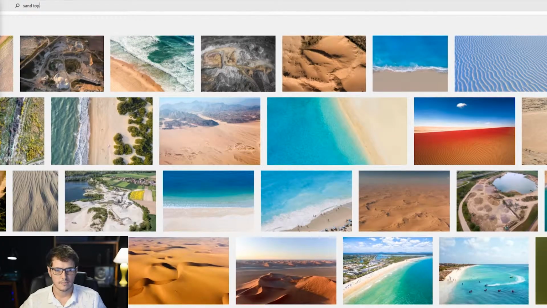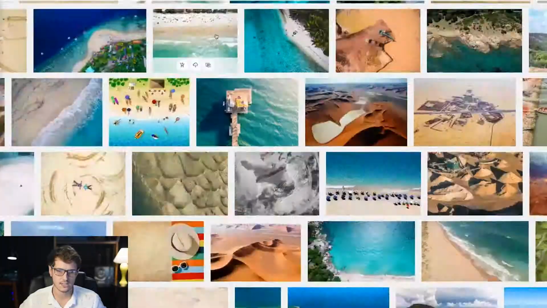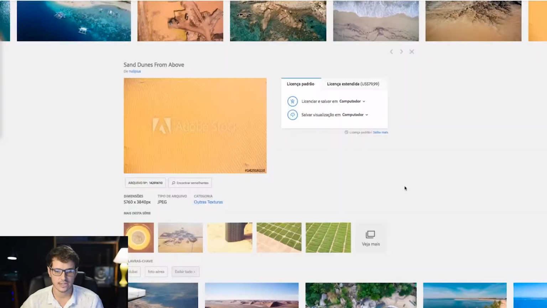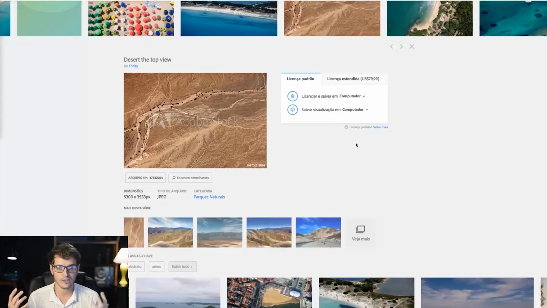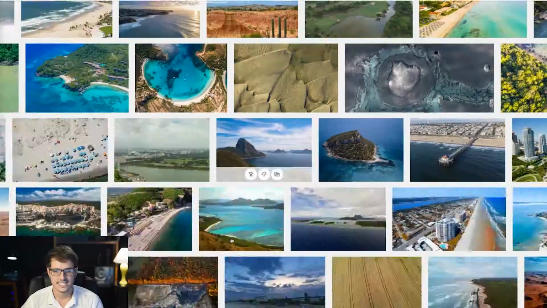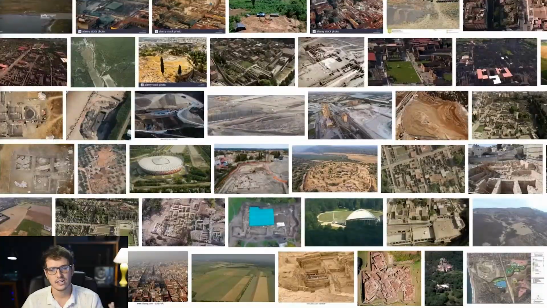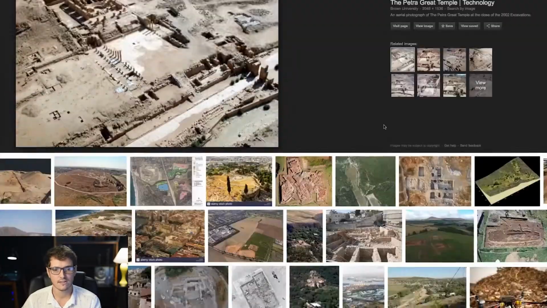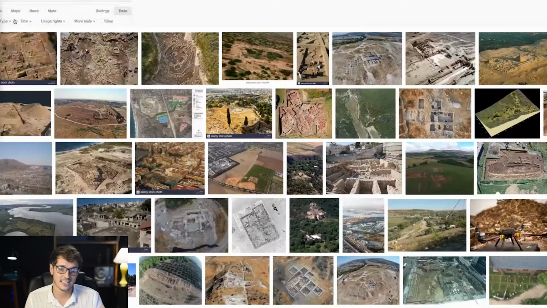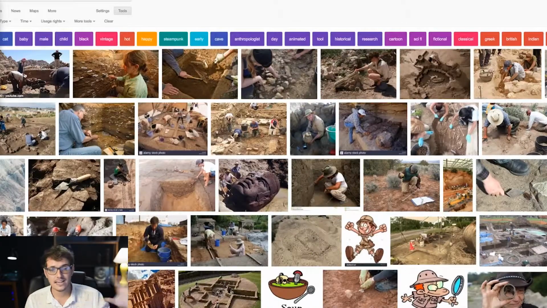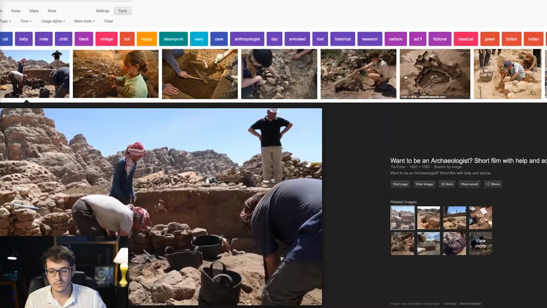Then I search for some backgrounds as well, aerial shots of deserts and places that I could put my dinosaur and make it look realistic. And this is all for the concept stage, for the visual sketch that I'm creating here. You're gonna find a lot of good references and make your whole idea much richer, because you're gonna see things that you didn't think about at first, and that's gonna either completely change where you're going or make your idea